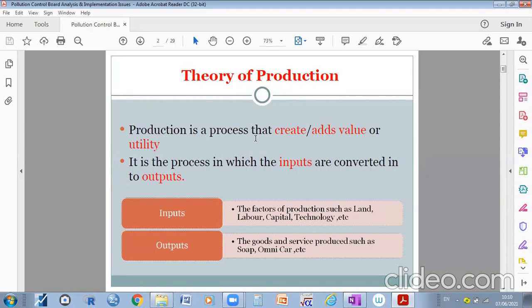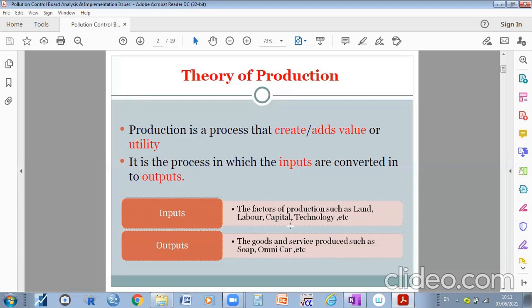That is called production. For example, in order to produce a pen, what are the raw materials, what are the inputs you need? You need some capital, some labor, some raw materials such as plastic or ring, right? These are some inputs. When you are converting these inputs into output, that is called production. There are a number of inputs that can be involved in the process of production.